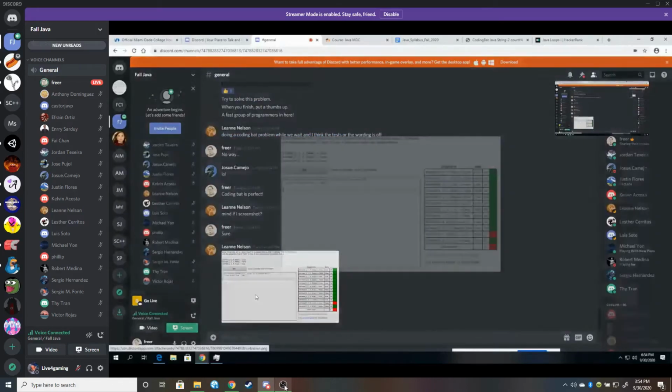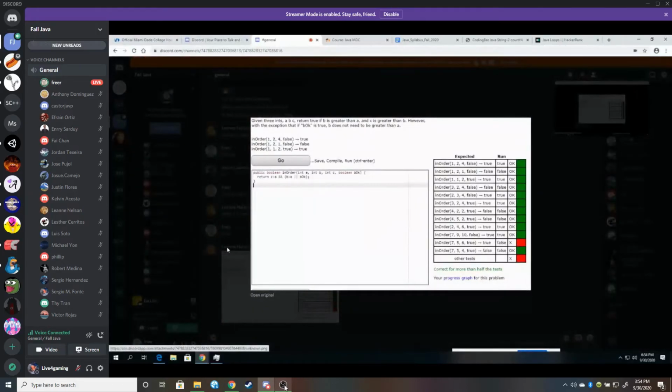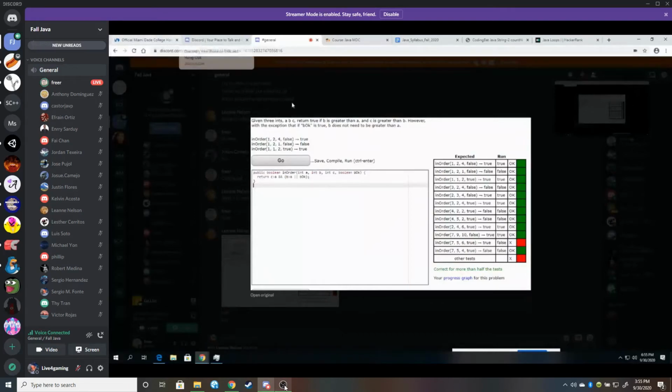Okay, let's see. It says, given three ints, A, B, and C, return true if B is greater than A. Okay, so B has to be greater than A, and C is greater than B. However, with the exception that if B okay is true, B does not need to be greater than A. So A is 7, B is 5, and C is 6.